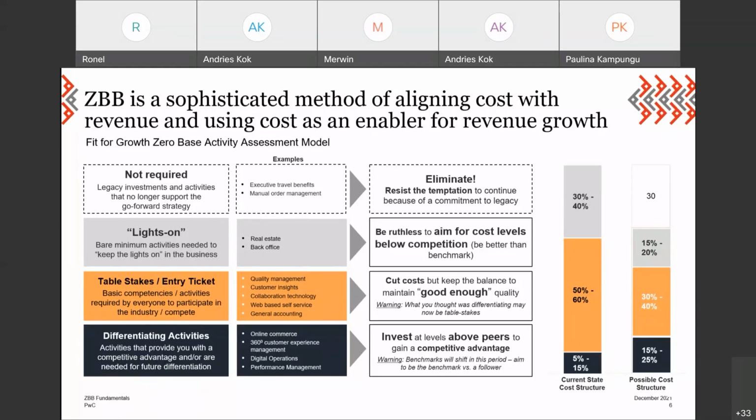I think upfront, it's just worth mentioning that zero-based budgeting isn't starting with a clean slate every year. It's looking at what is my baseline, removing those inefficiencies in our baseline and building forth from that. And there are other considerations which we'll speak a bit about later on, but I think it's just worth starting with this from the beginning.